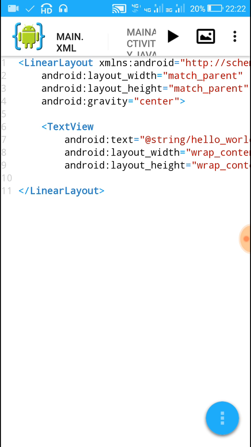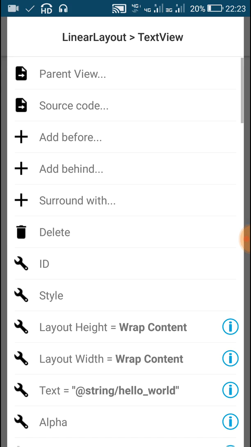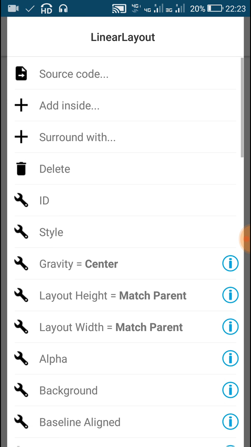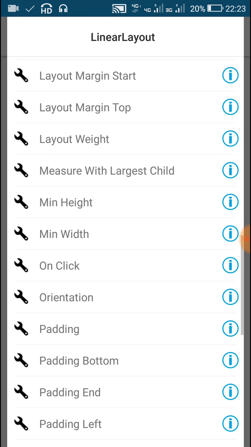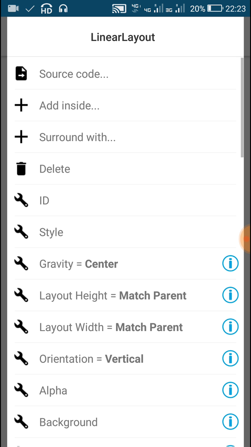Now here in main.xml of this project, I will use two edit text fields which will input numbers, and then a button and a text view field. On button click I will add the two numbers or do other operations with them. So for this, first we need to change the orientation of this linear layout to vertical, and inside this linear layout